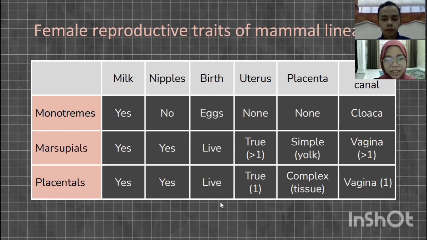Also, monotremes don't have a uterus, that's why they don't go through pregnancy. But marsupials have more than one uterus because, as I said before, they have two true uteruses. But placentals only have one. And monotremes don't have a placenta, so that's why they don't undergo pregnancy. But marsupials only have a simple placenta because they undergo pregnancy for only a short period of time. And it is the yolk-based type of placenta. Remember? And then these placentals, they